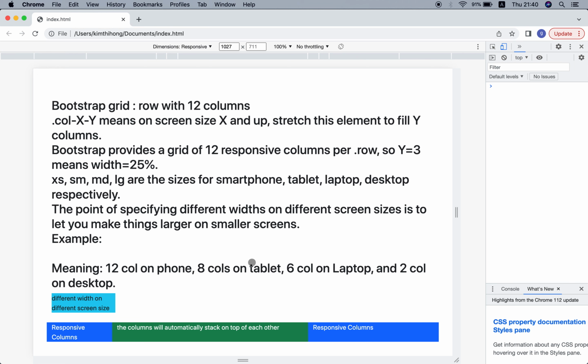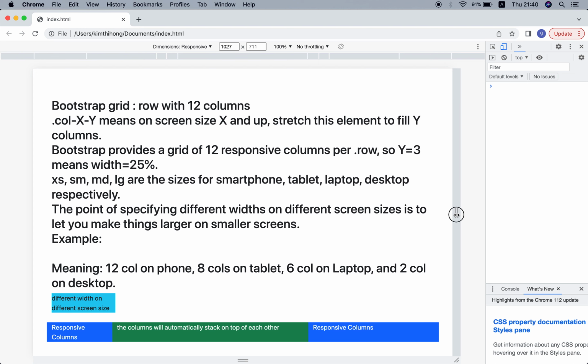Another important topic about the Bootstrap grid system is the responsiveness of this grid system. With the responsive column, the columns automatically stack on each other. Now in this section you have 3 columns, the first, the second, and the third column here.